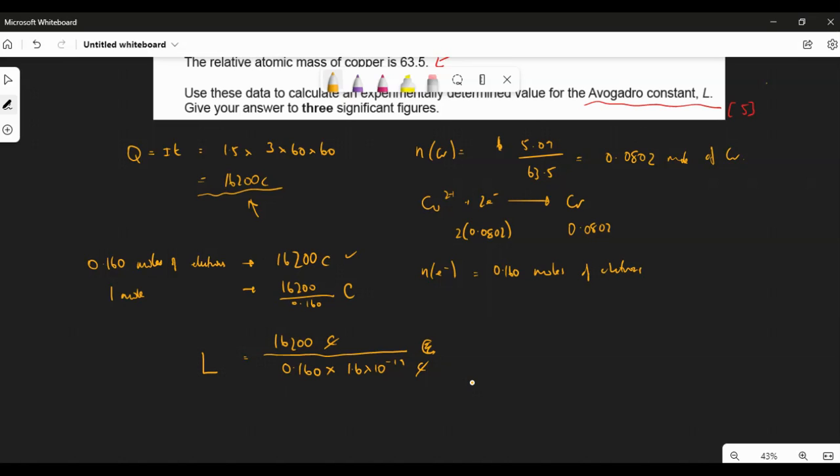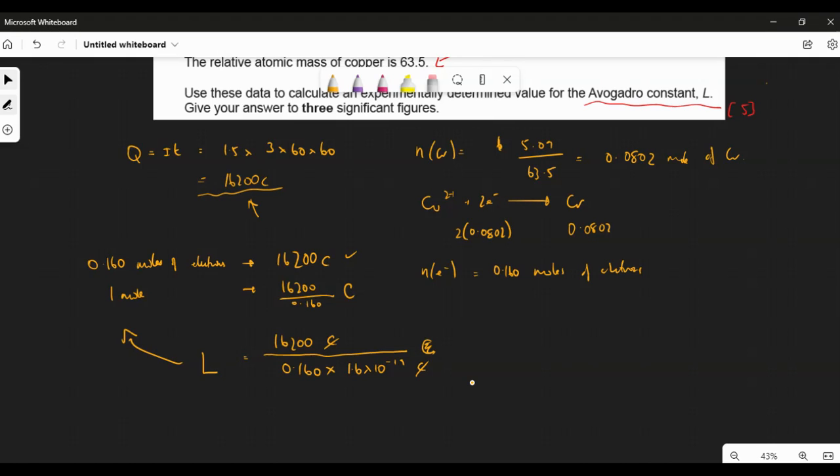So this will give us the number of electrons in 1 mole. Okay, so let me do that. 16,200 divided by 0.16 is equal to that. Divide that by